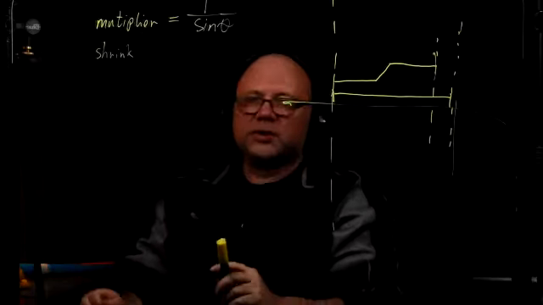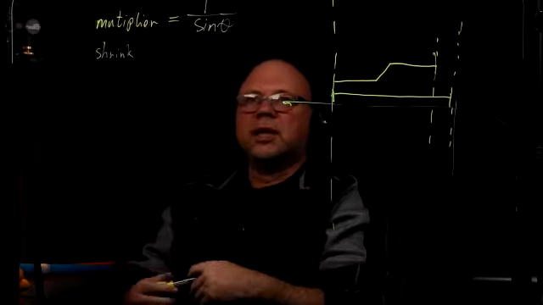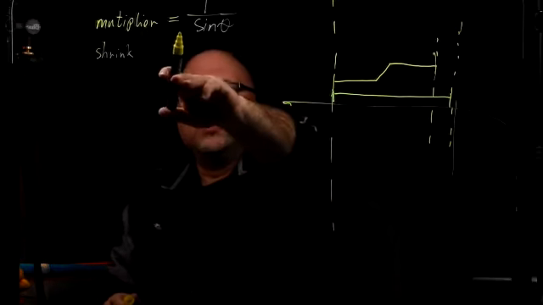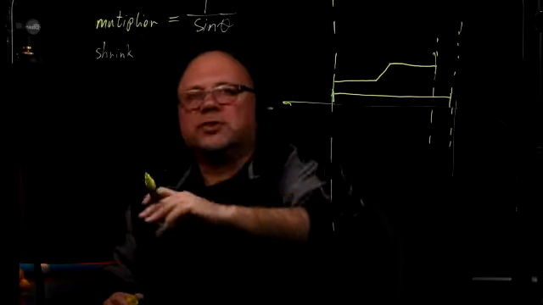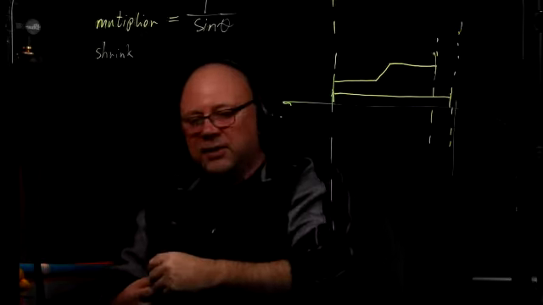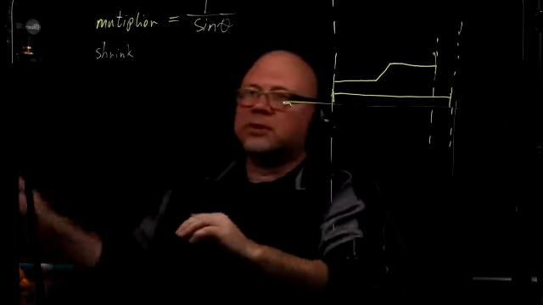Okay, so let's see what the calculation is. The multiplier, we know that is 1 over sine, which is the cosecant, but 1 over sine is kind of easier to remember. Let me just